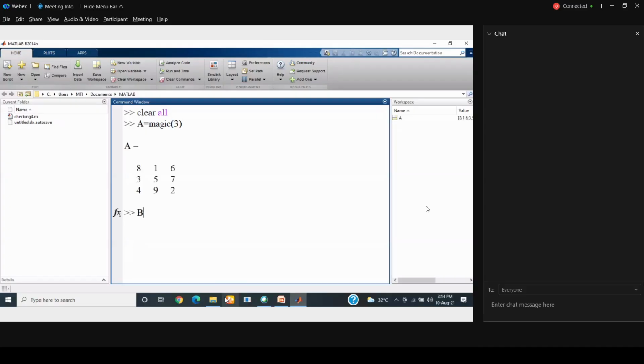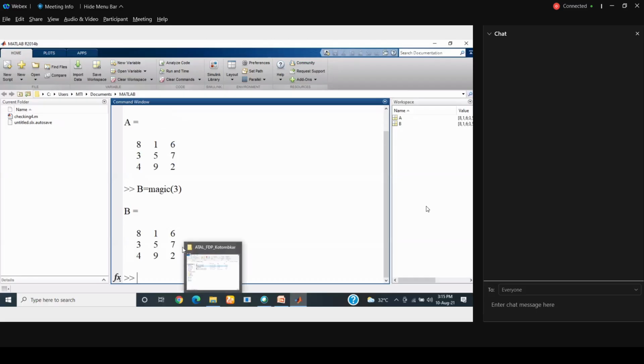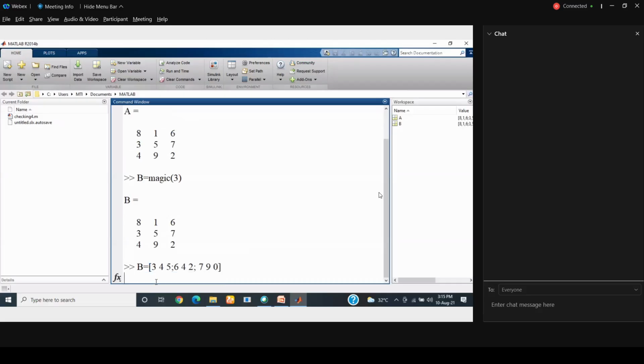And we have matrix B of 3 by 3. Or I can say I can take another matrix B is equal to 2, 4, 5, 6, 4, 2, and 7, 9, 7, 9, 9, 0. So this is the matrix I have.